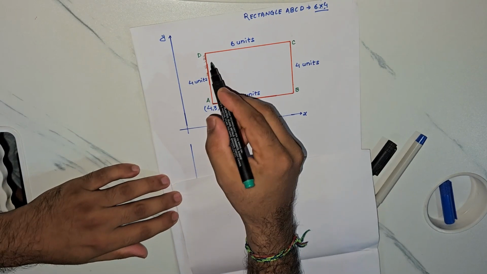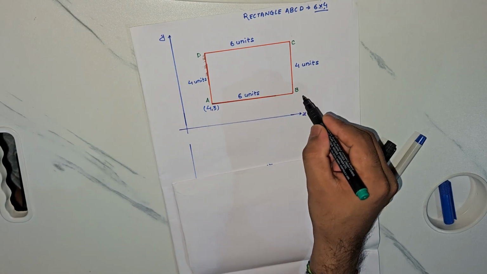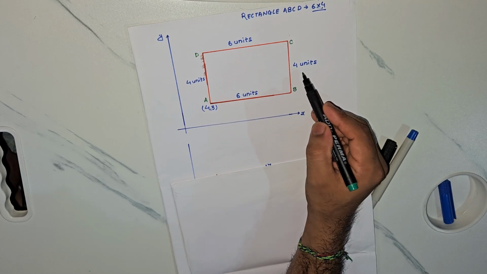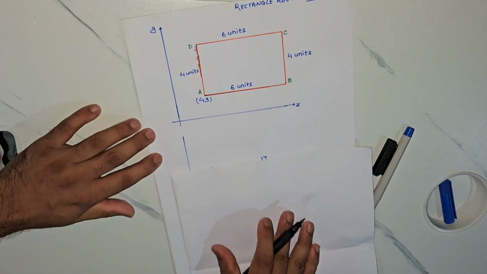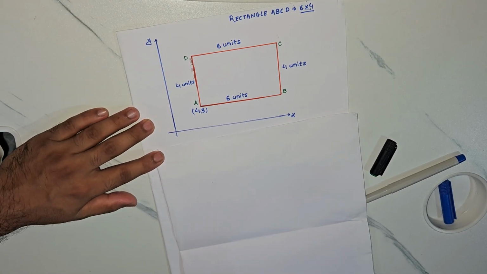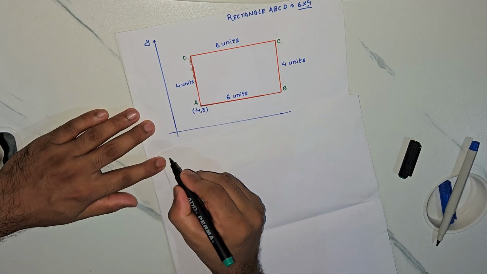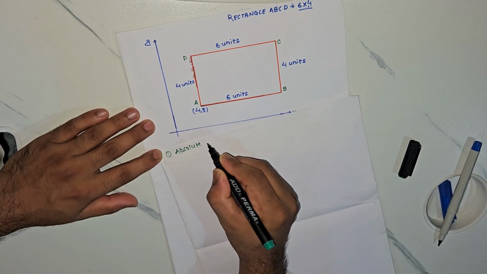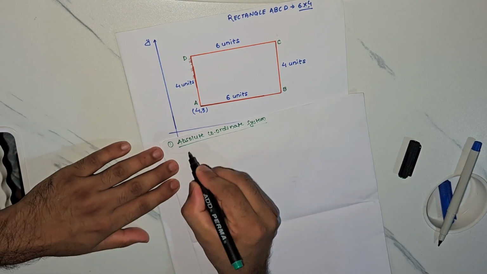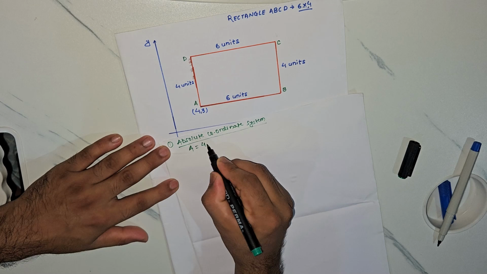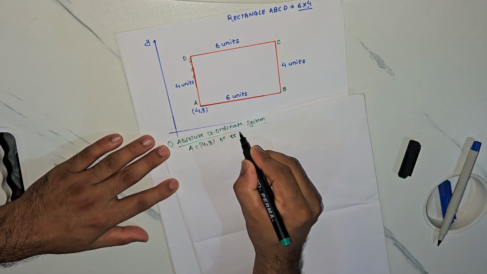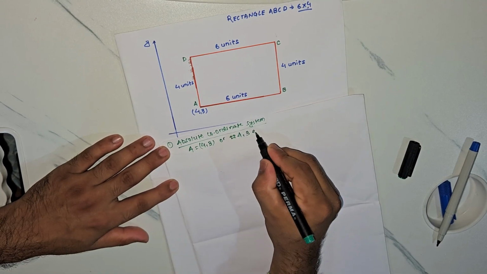Here you can see there is one rectangle A, B, C and D, 6 by 4, that is the length is 6 units and the breadth 4 units. Now we have to write the coordinates in both systems, that is absolute coordinate system and relative coordinate system, and then we will write in polar coordinate system too. Okay, so let us first see number 1, absolute coordinate system. For A, you can write either 4 comma 3 or hash 4 comma 3 and enter.